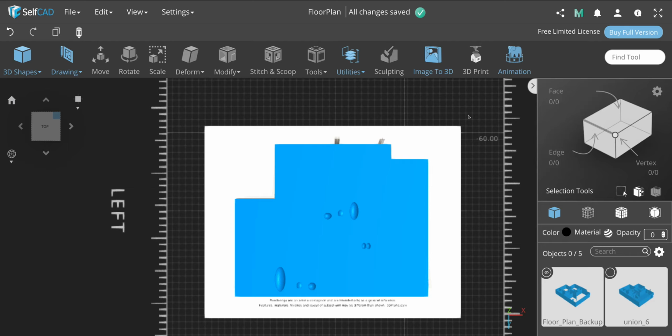So, what you're looking at is my second iteration of learning SelfCAD. One of the things I said was I really enjoy doing figurines and characters. However, I wanted to try something different. I wanted to try something I had never done before. So this time, I know this looks like nothing, but